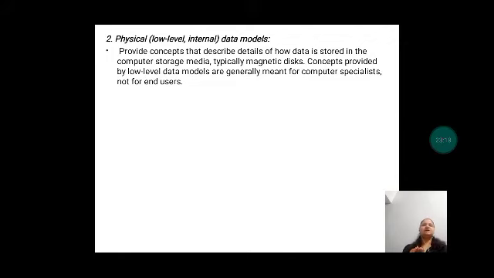In the sense, the physical data models describe how data is stored as files in the computer by representing information such as the record formats, then record orderings, that is, what should be the ordering of the records, the rows, and what are the access paths, so how to access them, what are the techniques to access them.